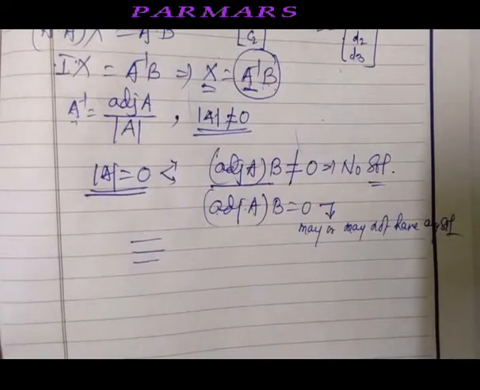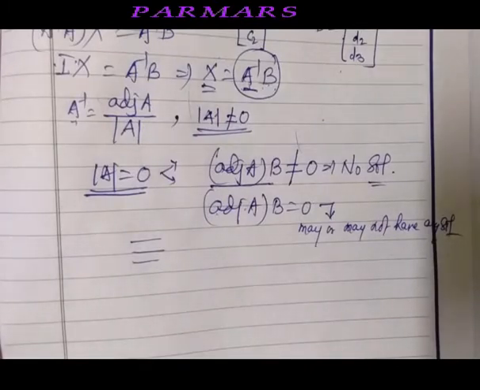We are left with equations in 2 variables. Take any 2 of the 3 equations, solve as we have done in class 10, and find the value of y and z in terms of k. Here k is in place of x. Find the value of y and z in terms of k. x is already k. So we get the values of x, y, z in terms of k. Here x is equal to k and y and z are some function of k.